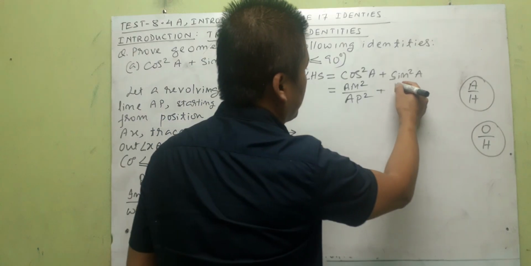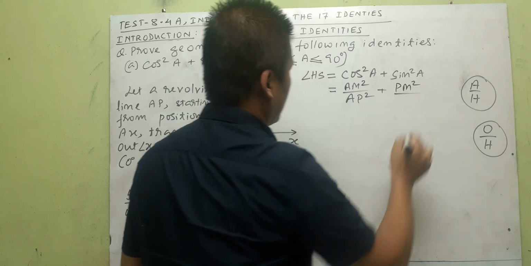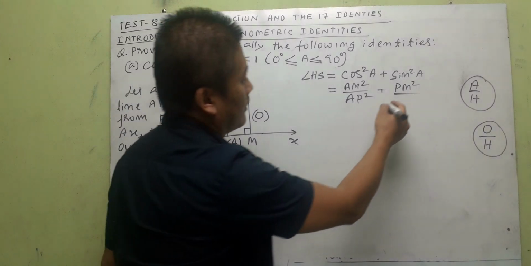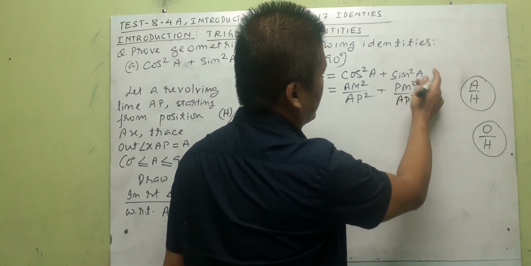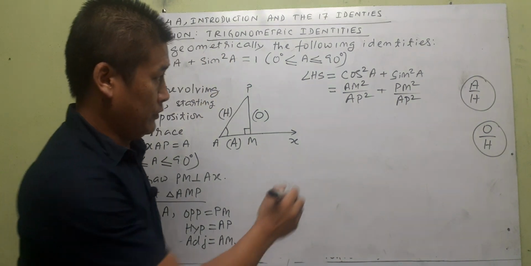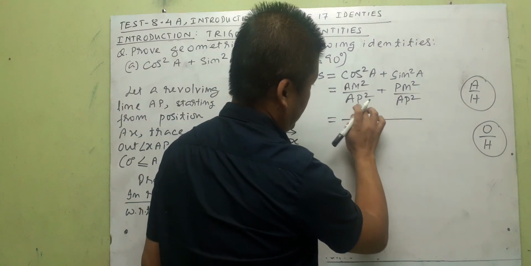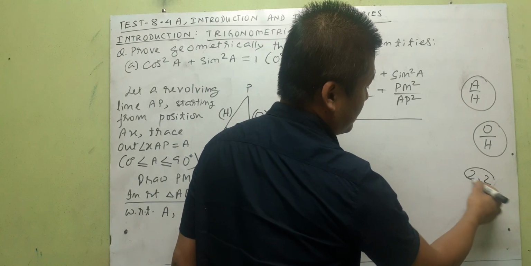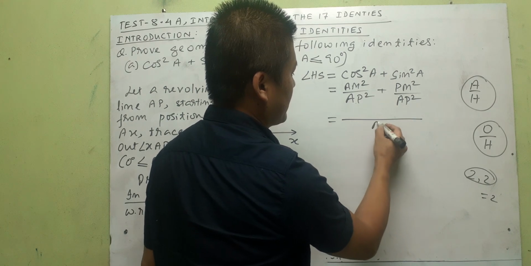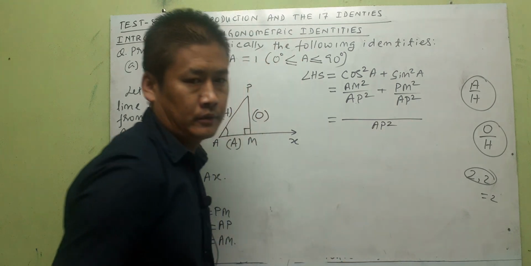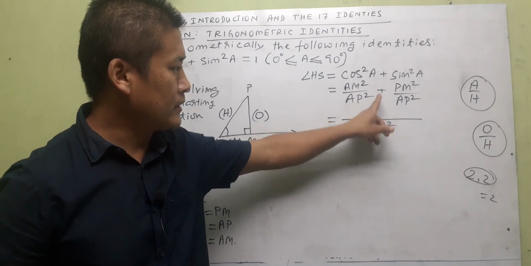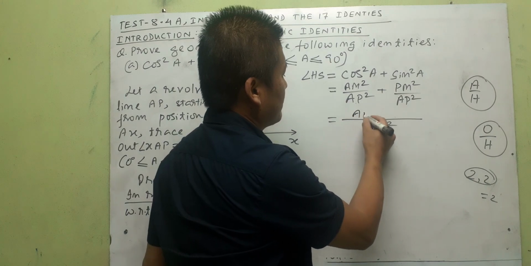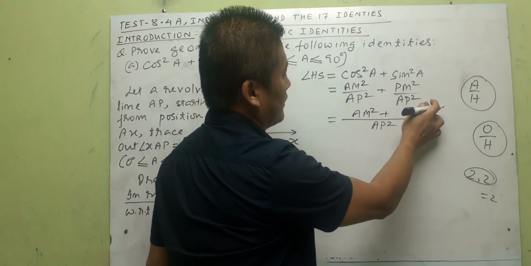So we write PM square because this is sine square A, which is opposite by hypotenuse, and the hypotenuse is AP. So we write here AP square, because this square belongs to both. Now we see here the denominator is the same. The LCM of 2 and 2 is 2. Likewise, for AP square the LCM is AP square. AP square into 1 is AP square, right? And 1 multiplied by AM square gives simply AM square plus, similarly, 1 into PM square,